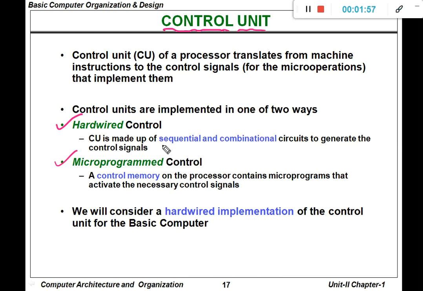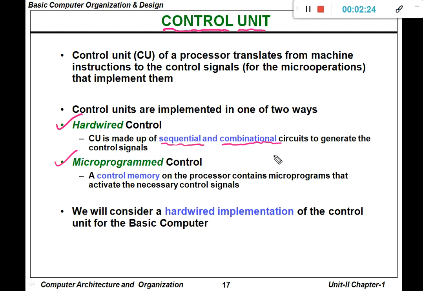Hardware is nothing but sequential as well as combinational circuits. If we use sequential or combinational circuits to generate the control signals, then it is called hardwired control. Already we have discussed that.